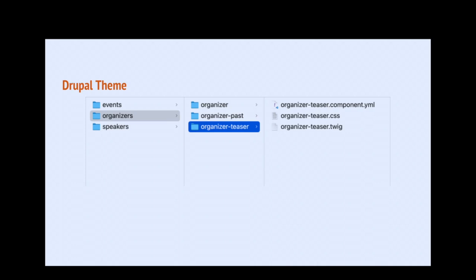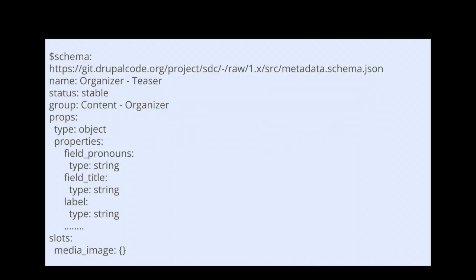In the Gatsby theme, the CSS ended up being one big splash CSS file, but with the components, it's locked into your component itself, and it's only loaded when that component is being used or rendered, which means you don't have to have a ton of libraries or a big old CSS file. Here is what the component file looks like, the component.yaml file. It is a schema. It's basically a YAML file.